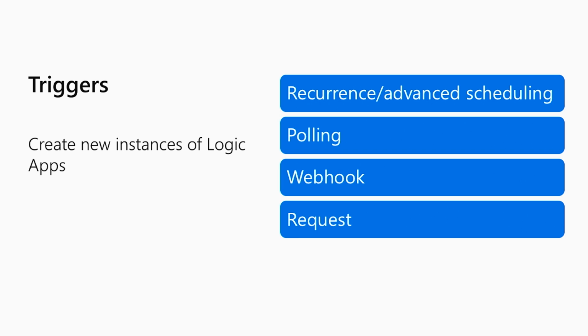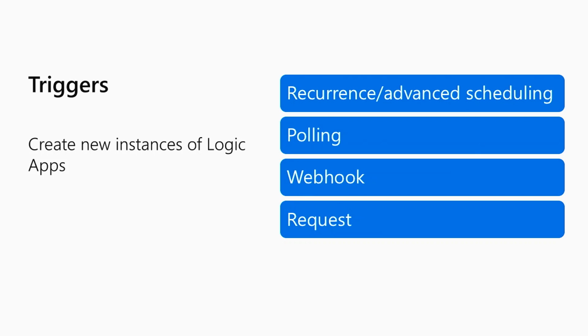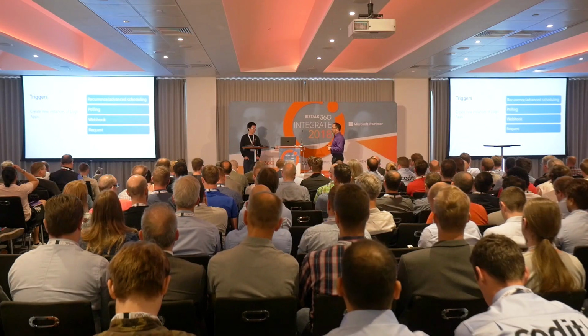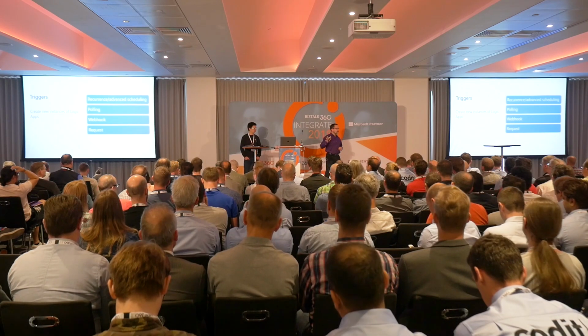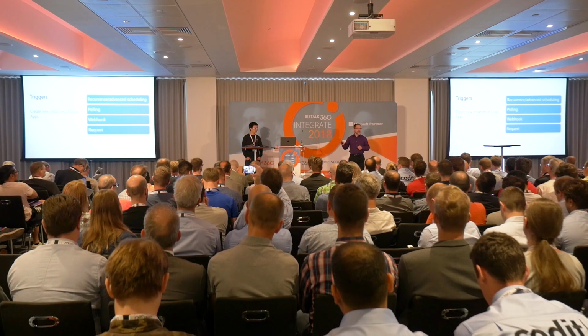Right, the first type is the recurrence or advanced scheduling trigger. And this is, as we talked about with the automated processes, a timer that's actually working in the background to go ahead and create a new instance of a Logic app. That timer can run every 5 minutes, every hour, every 3 days. Or you can do an advanced schedule, so the first and last Monday of every month at 8 a.m. and 12 p.m. We can do that for you. People don't realize that Logic Apps has that rich scheduling capability to do all this automated processing for you in the background.